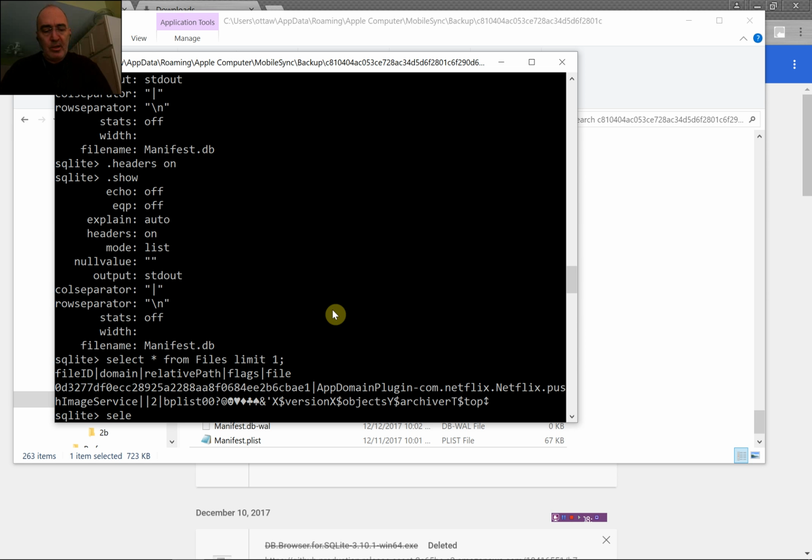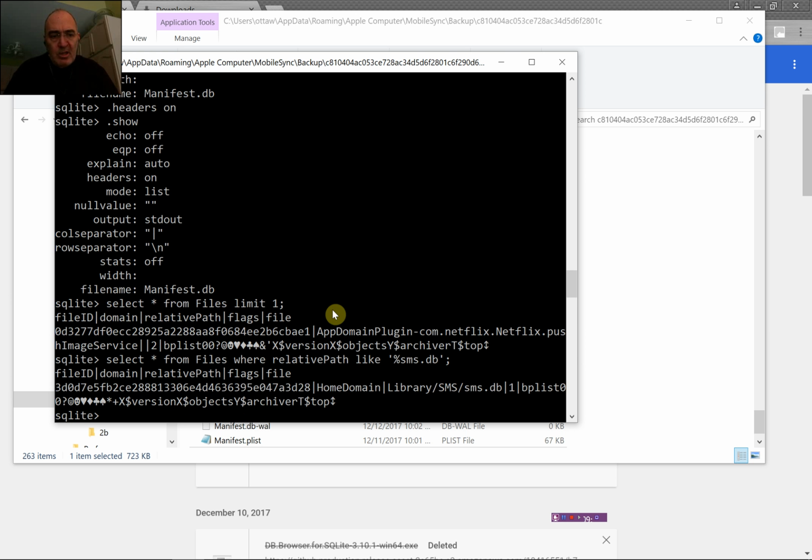So I have to search through this and find in a row where it says sms.db. So what I can do is I can say select star from files where, and I'm going to say relative path, I believe. Relative path is capitalized. Like, oh, need a space there. It's like percent, which is a wild card, sms.db. And I'm going to limit. Well, actually, I don't need to limit because there's probably only one of these in your backup. So if I go like this, hey, found the row. Great. So I've got an sms.db, and we don't need to know anything else except for this long line here,